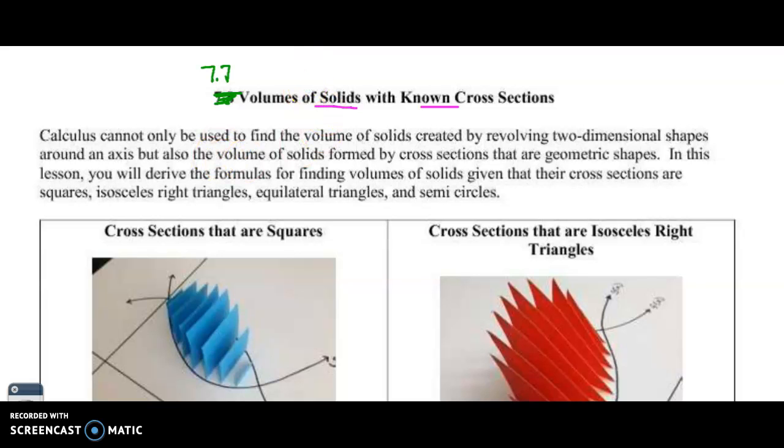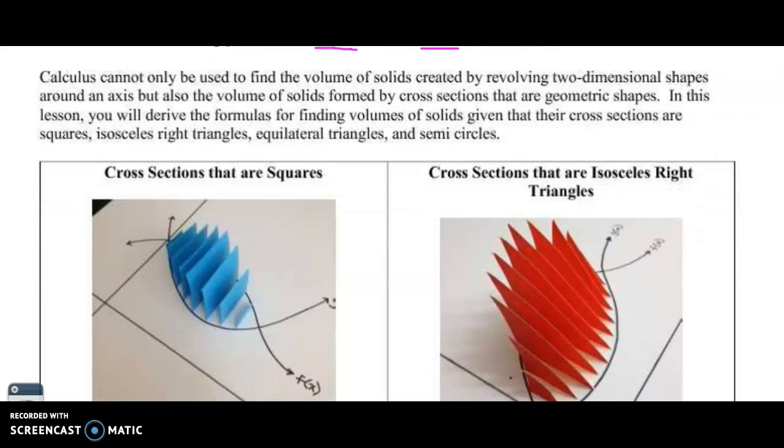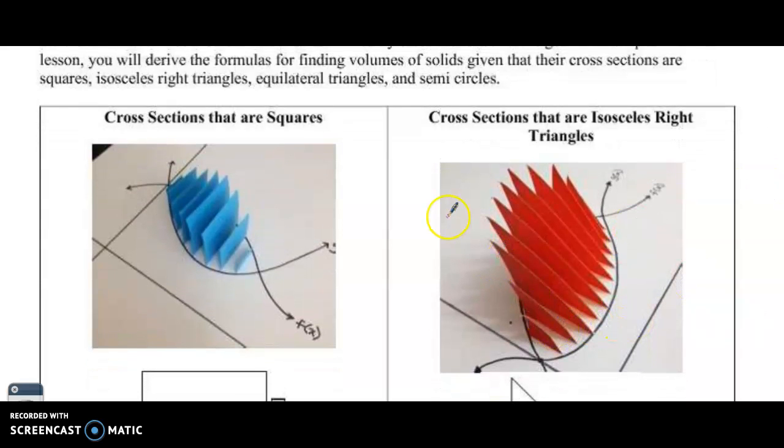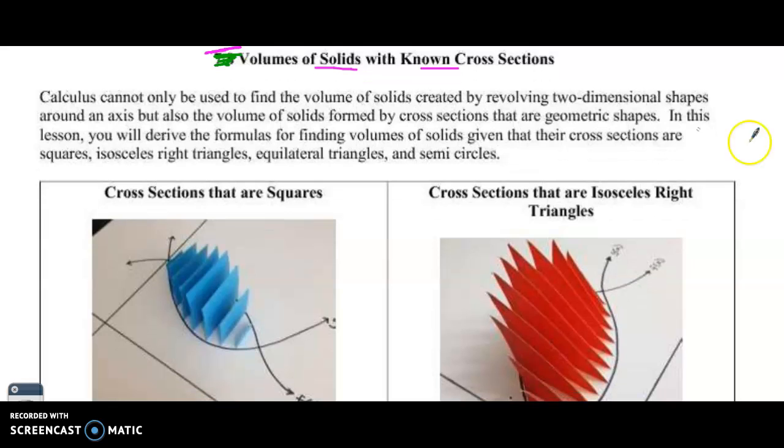So we're going to work through 7.7 now, volumes of solids with known cross-sections. I really like how this guy went through all of this work to cut up little pieces of squares, because the visual is very, very helpful. So basically what it boils down to is we can estimate volumes as if we knew the size of each cross-section. We can have squares, we have right triangles,